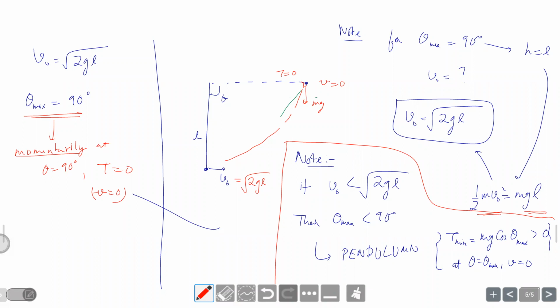Whereas, for example, you can have a spring mass system that does to and fro motion in a linear sense. So that's called a linear oscillator. This pendulum kind of thing is called an angular oscillator. Have you understood now? Yes, sir. Okay.